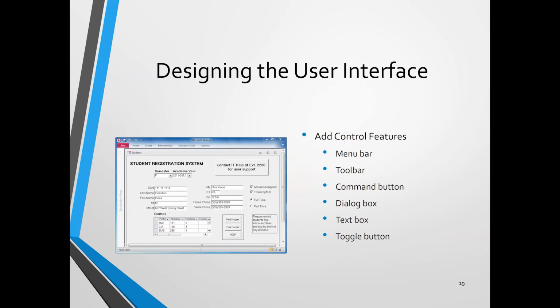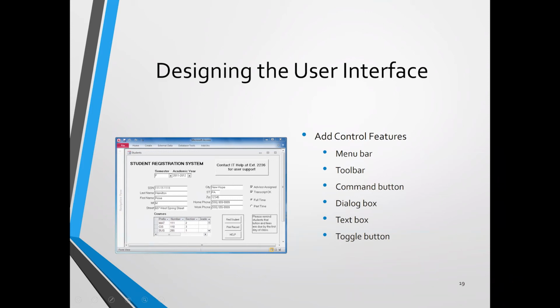The next one is the toolbar. Similar to the menu bar, the toolbar might be on the top or on the left hand side, depending on your design. Command and button: in this one you can see that they have buttons that users can use. Dialog box is to show a pop-up of what happened. For example, once the user enters something or clicks on something, you show a dialog box to the users,